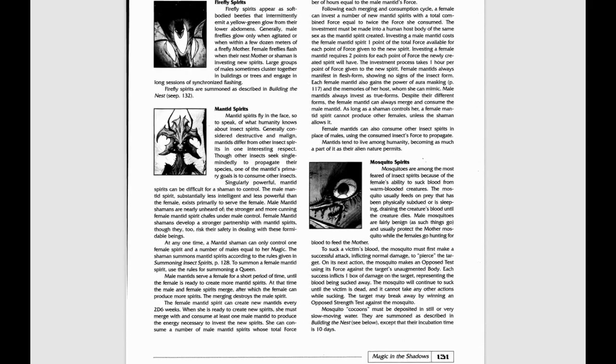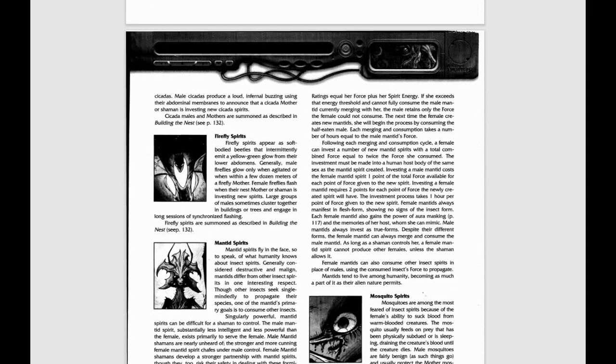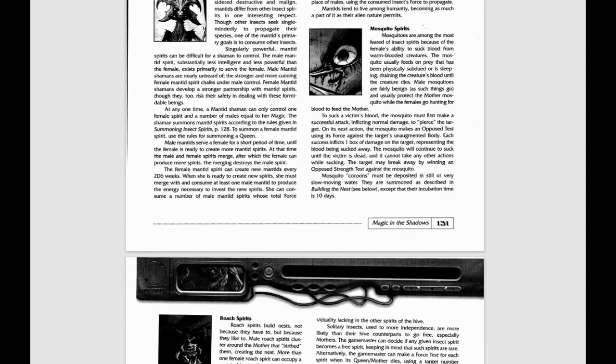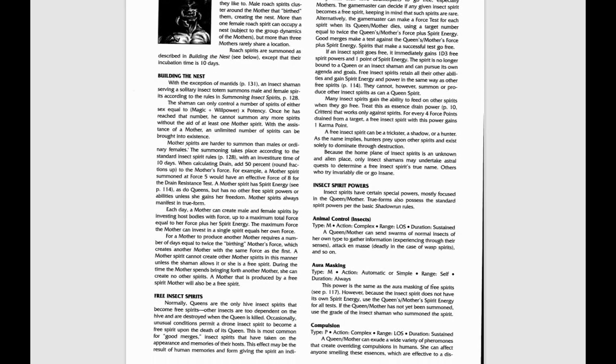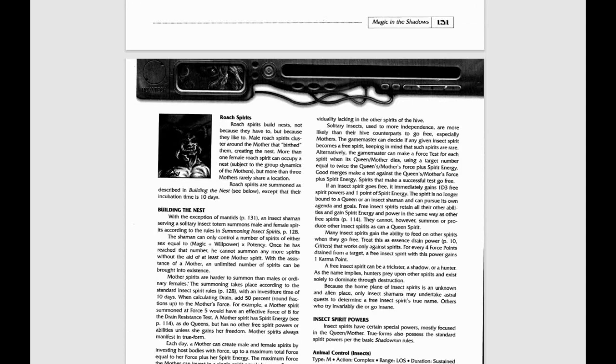Fun fact, I almost killed one of my parties completely with an insect spirit. I sent a roach spirit against them. I didn't realize how powerful they were because I'd never used it. I was like, oh yeah, force 5 insect spirit, it'll be fine. They'll be able to take care of that. Yeah, I almost killed the entire team of 6. I think I killed 2 people, knocked 2 more people out, and the others ran like hell. So yeah, be careful when using insect spirits.